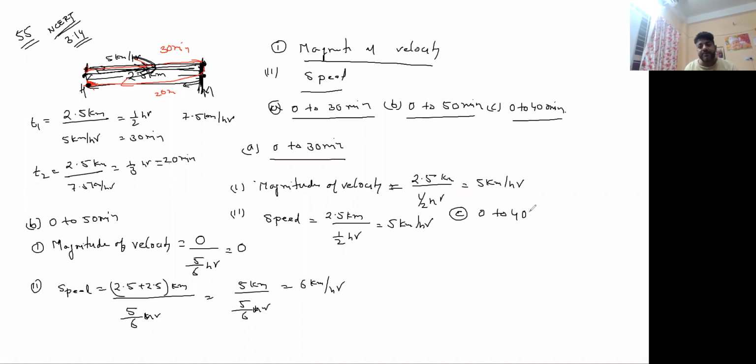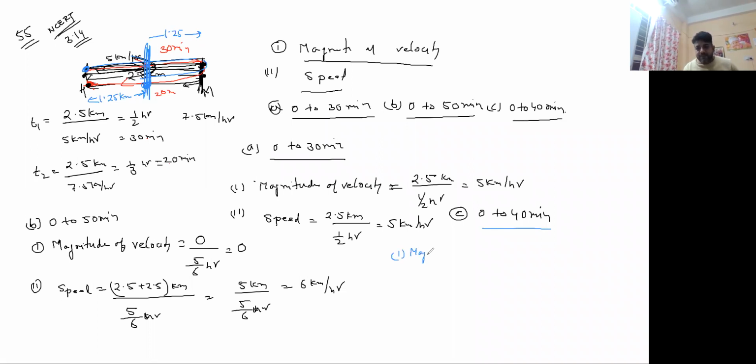0 to 40 minute। देखो 0 to 40 मिनट का मतलब है ये गया 30 मिनट, और फिर यहाँ से 10 मिनट, 10 मिनट में आधा आएगा, ये सुन लो। कि आने में 20 मिनट लगा था, 20 का हाफ होता है 10 मिनट। तो डिस्प्लेसमेंट क्या हो गया? दिस इज माय इनिशियल पॉइंट, दिस इज माय फाइनल पॉइंट। सो व्हाट इज द डिस्प्लेसमेंट? 2.5 का आधा कितना होता है? 1.25। तो माय डिस्प्लेसमेंट इज 1.25 किलोमीटर, ये सुन लो।